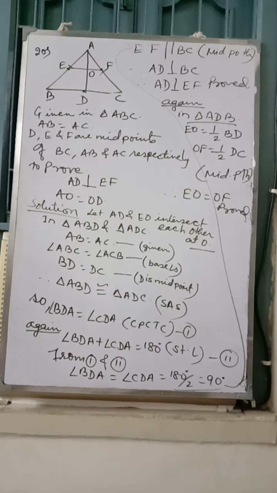Then we proved AD is perpendicular on BC, so it would be perpendicular on EF, because BC and EF are parallel lines according to the midpoint theorem. And then EO would be half of BD and OF would be half of CD. Now BD and CD are equal, so EO and OF also would be equal. So EO, OF is equal, so that's what AO